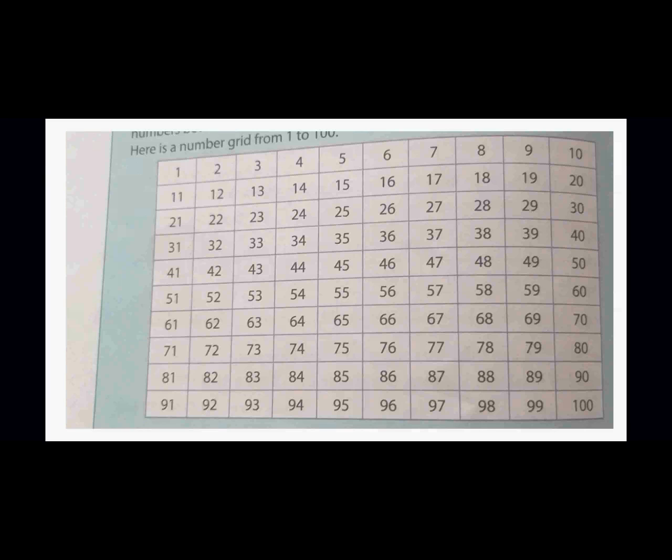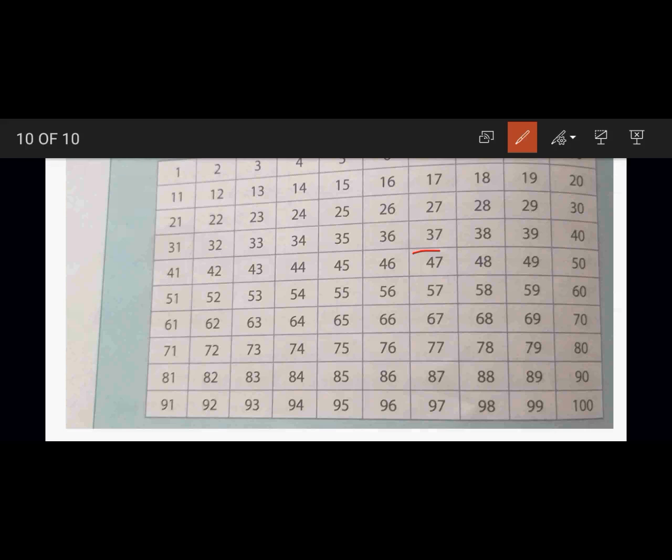Now let us try for a bigger number. Let us take the number 37, children. All of you write 37 in your notebook. Quickly find out and tell me whether it is a composite number or a prime number. Please try. Now we are going to find out for the number 37. Ma'am, 37 is a prime number.